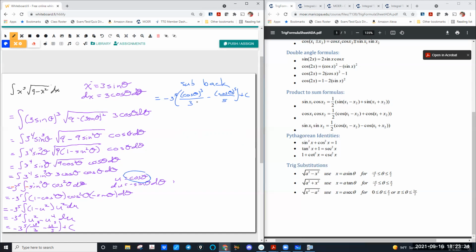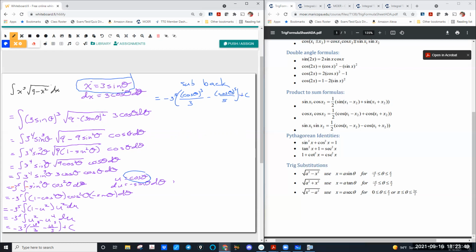All right. Now, we have to sub back again. Our original was not in terms of theta. It was in terms of x. So we have to use this to sub back. We need to get cosine of theta in terms of x. You have 2 options, and I'll show them both to you. Number 1,